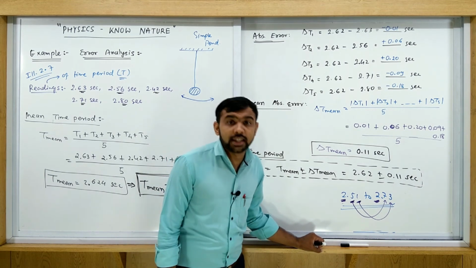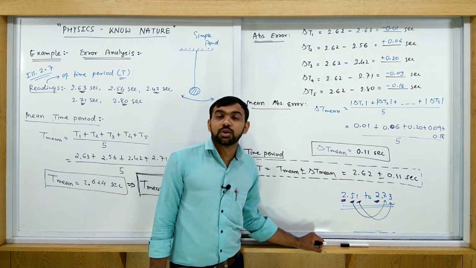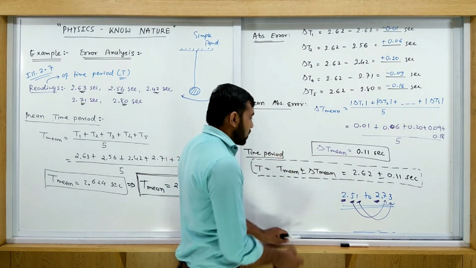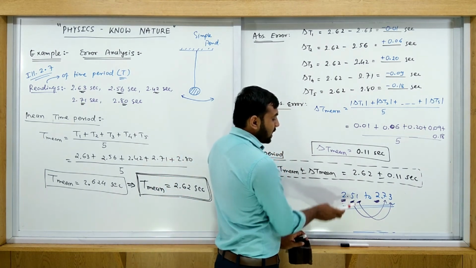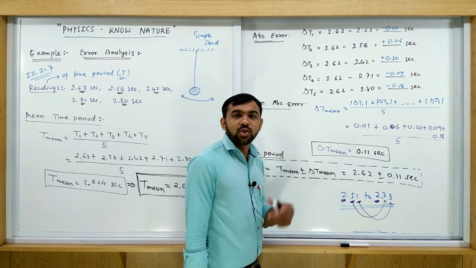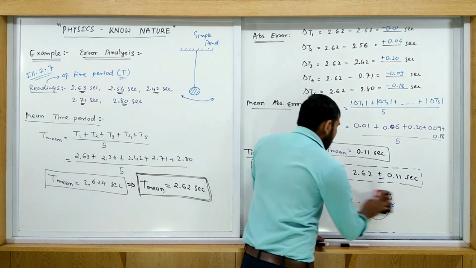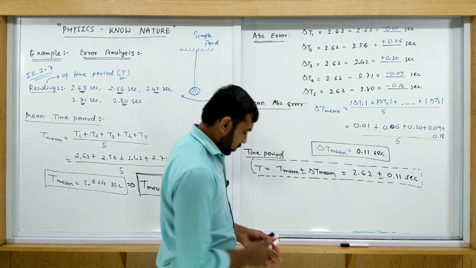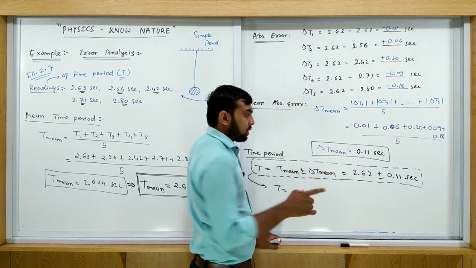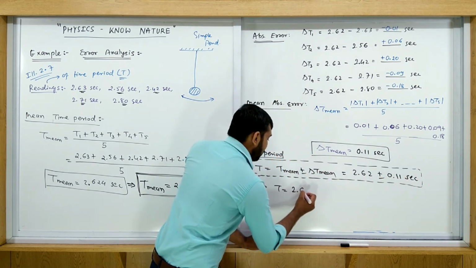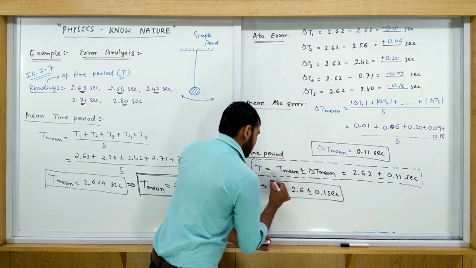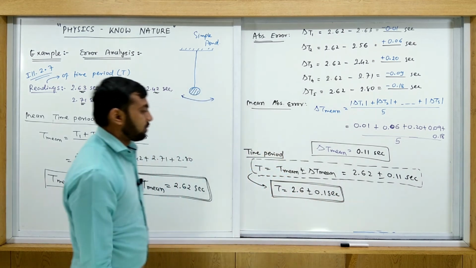तो हम कोई एक ही डिजिट एरर के साथ ले सकते हैं, 2 डिजिट एरर के साथ कभी नहीं होते. ठीक है, कोई एक ही डिजिट एरर के साथ लो. मतलब इसको भी आपको राउंड ऑफ करके लिखना पड़ेगा. तो हम डेसिमल पॉइंट के बाद एक ही डिजिट काउंट करेंगे, 2 डिजिट नहीं रखेंगे. क्यों? यहाँ पे इसमें भी एरर है, इसमें भी एरर है. तो एरर वाला कोई एक डिजिट रखो, एक डिजिट निकाल दो. तो T इज इक्वल, दोनों में लास्ट डिजिट निकाल दो. तो 2.6 प्लस और माइनस 0.1 सेकेंड. 2.6 plus or minus 0.1.